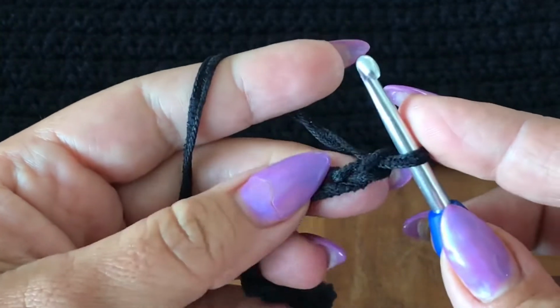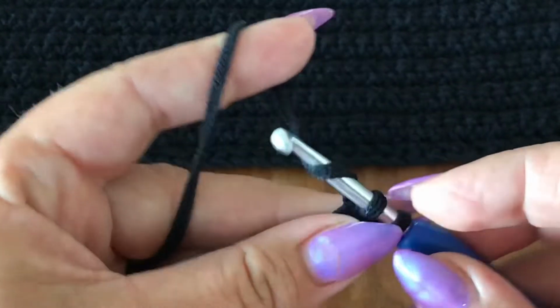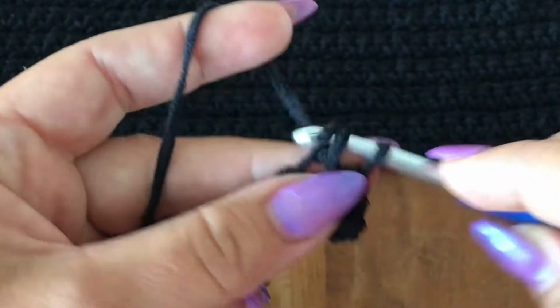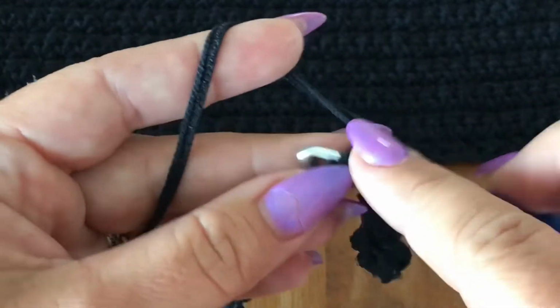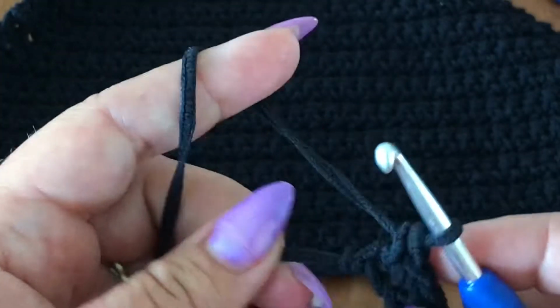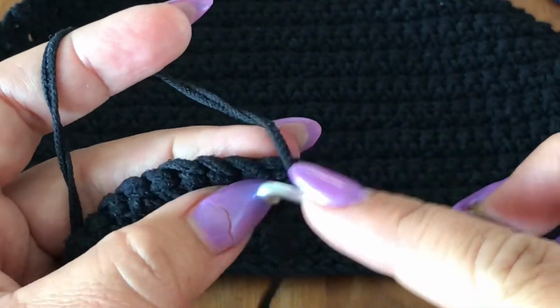So now go back in the second chain from the hook and make a single crochet. Now make 1 single crochet in each chain till the end of the row, and then I meet you back for the row 2. Okay, so now here is our first row, single crochets, and now for our second row, make a chain, flip your work,